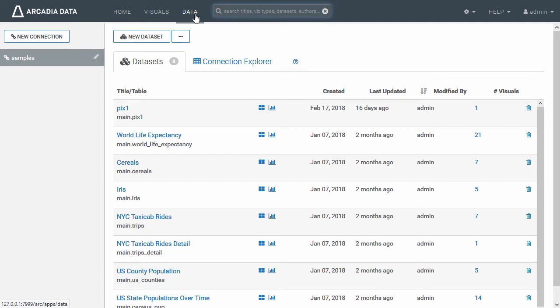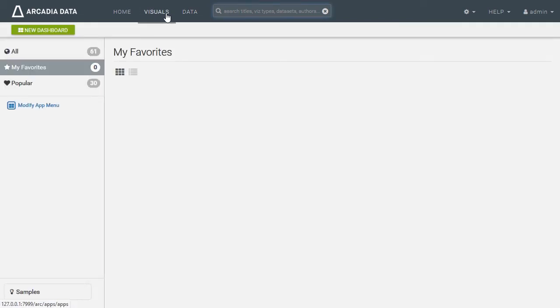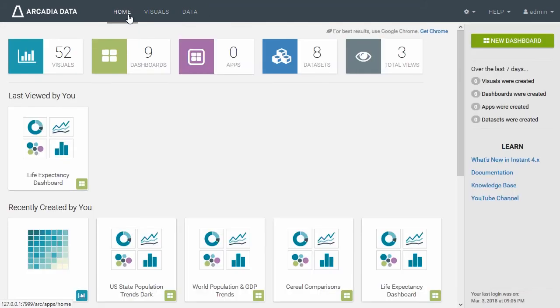The data menu lets you manage data connections, connect to your data, import additional tables to supplement existing data, and create, manage, and model the datasets that are the foundation of all your visuals. The second article and video in this series, Data Connections, Import, and Datasets, give an overview of these topics. Visuals take you into the interface for building and managing visuals and dashboards. We will discuss this in greater detail in the third article and video of this series. Home brings you back to either the default homepage or the app that has been set. The visuals that we have included in our sample dashboards explore well-known datasets that are in the public domain, such as world life expectancy, New York taxi rides data, IRIS, and so on.